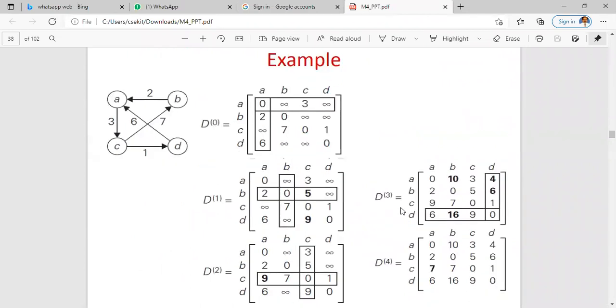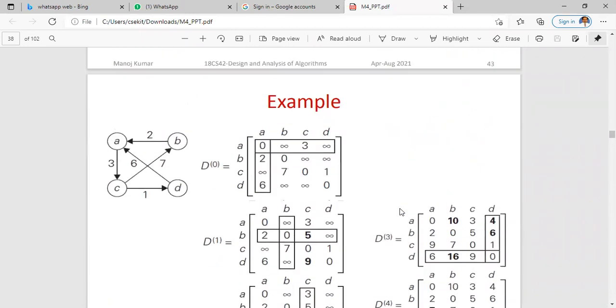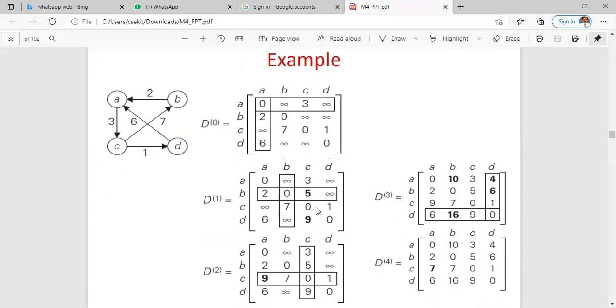So how do you find the particular distance matrix? This is the initial thing, and I think you are capable of this one. It is A to A 0, B to B 0, C to C 0. Write the path; if there is no path, write it as infinity. Come for the next thing. This is the 0th, this one is the second. You have to choose the minimum of both the things.